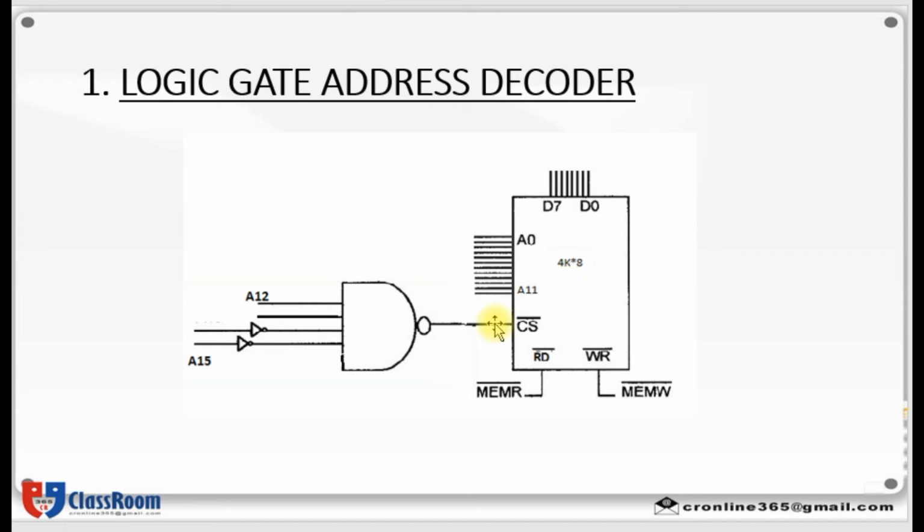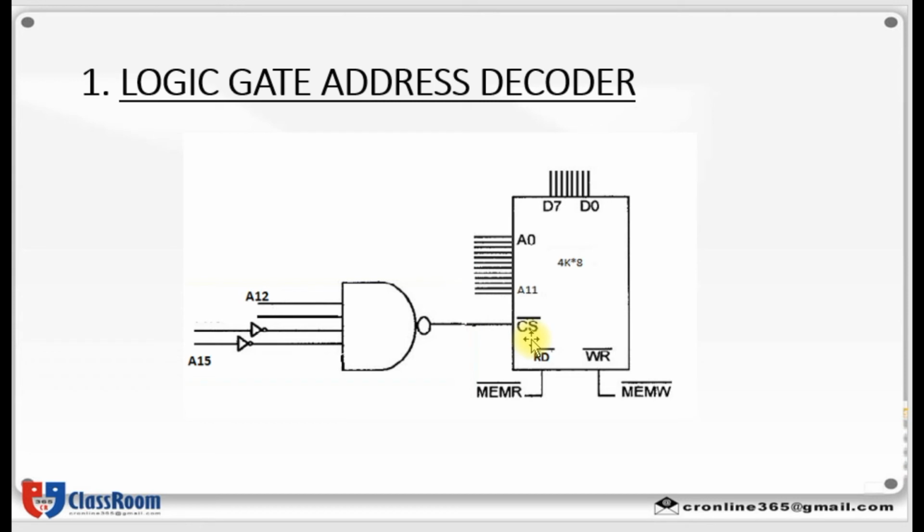Then, as you all know, 8051 consists of 16-bit addresses. Then the remaining addresses, A12 to A15, can be used to select the chip select. So, chip select can be selected by using higher bit addresses, whereas the lower bit addresses may go directly to the memory chip. Here the lower bit addresses are A0 to A11 and upper bit addresses A12 to A15 can be connected to a NAND gate to the chip select pin.